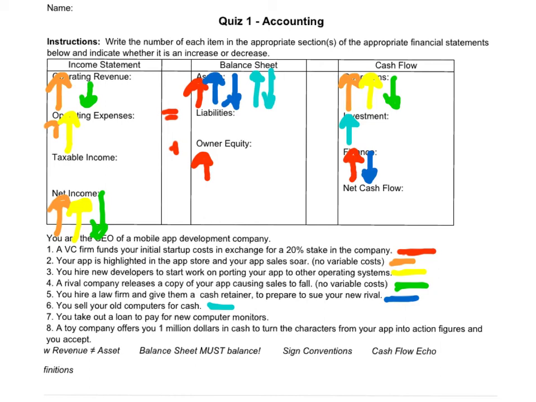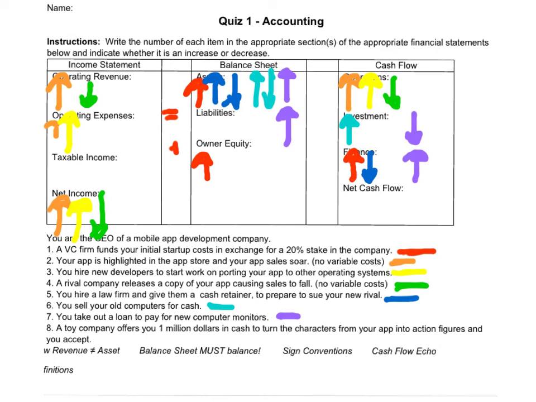So moving along to purple. You take out a loan to pay for new computer monitors. The best way of doing this one is to say, look, I get all these new computer monitors, so I've got an increase in assets, and I have an offsetting increase in liabilities. So the way this one's going to work out is that there was no net cash that transacted there. So you know that purchasing the computer monitors generally means that cash will flow out, so you've got a decrease in cash from investments, but borrowing money means that cash flows in, so you've got an increase in cash from finance there.